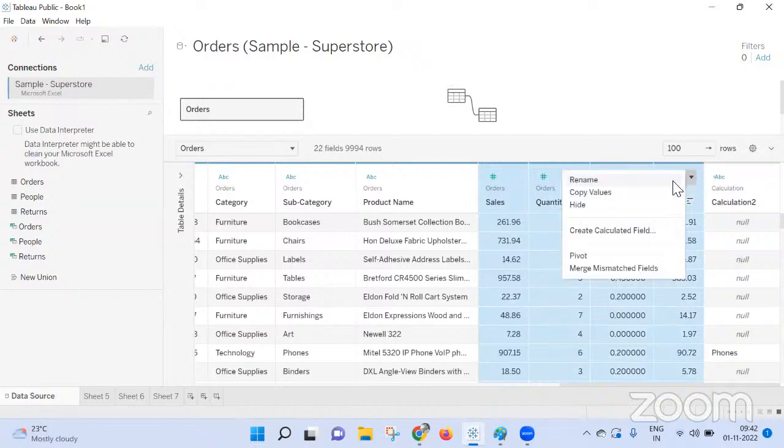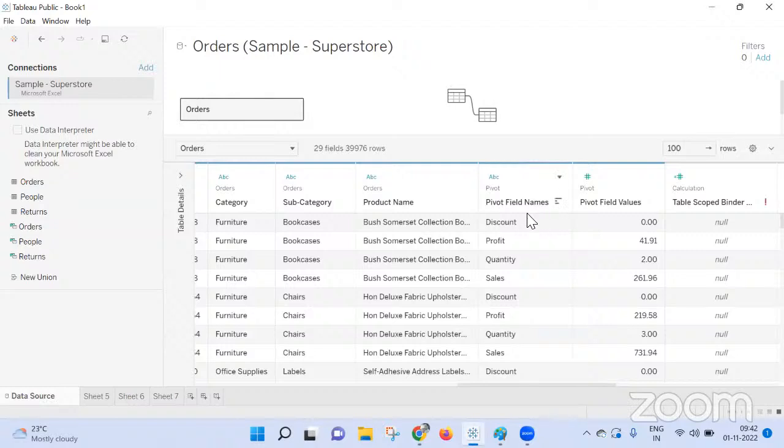So maybe he's asking you to pivot like this, right? If you pivot it like this, then you can do the calculation. With Excel you can pivot it and do it. But the problem is when you are working with data sources, it's a bit tricky. But yes, you can do that by pivoting. Now coming back in here,